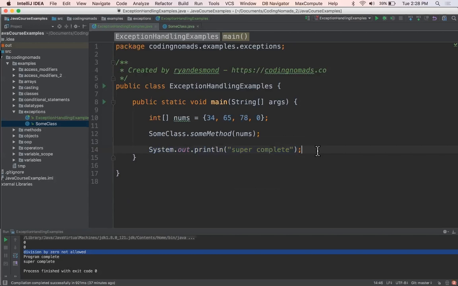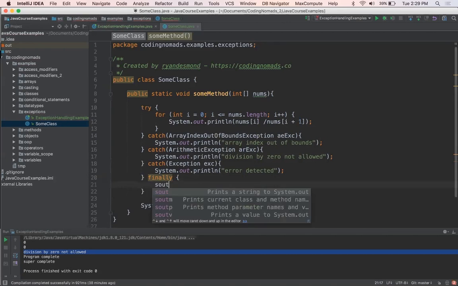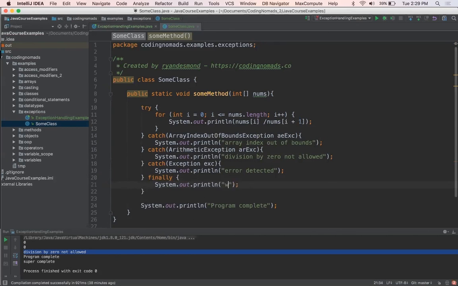As a quick follow-up to the previous video, I'd like to introduce you guys to the finally block. So the finally block is used in conjunction with the try-catch statement. It's not required, it's totally optional. But what's neat about the finally block is that whatever is in the finally block will always execute. So for instance, if we just put a little print out here, we'll always